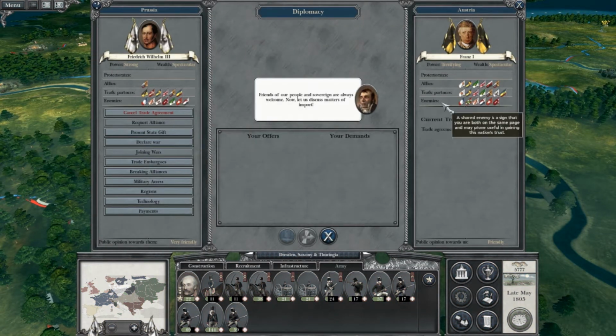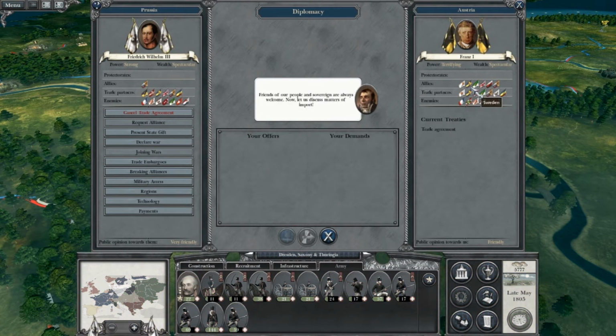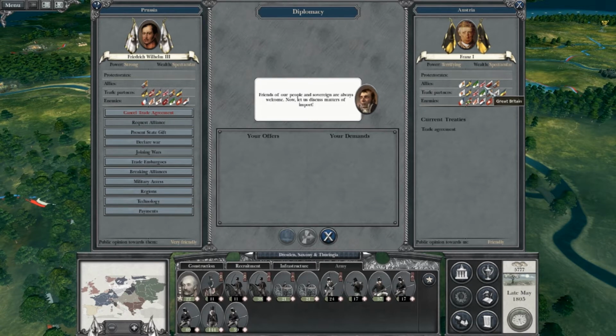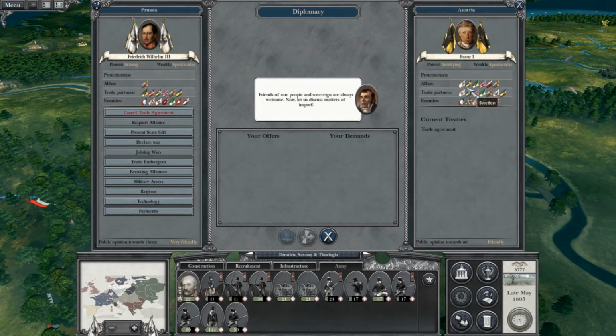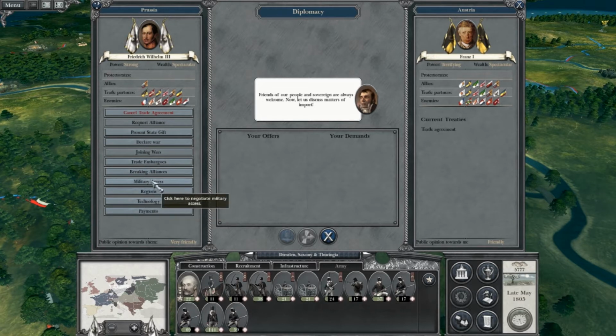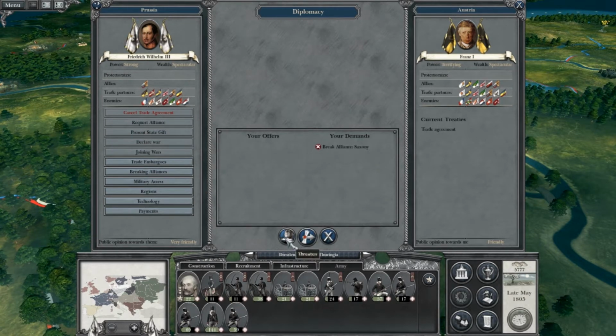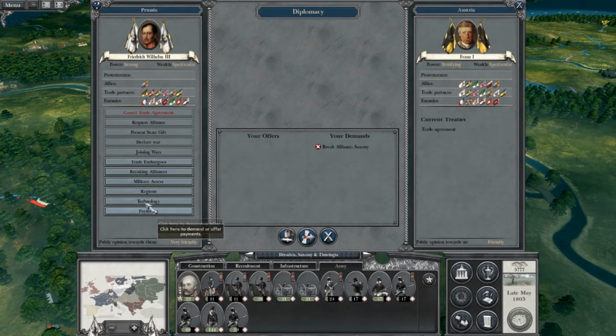I can't because they are allied with... I'm trying to figure it out. Not Britain. Oh, they're allied with Saxony. And there's still that region, technically, of Saxony. Let's see if I can get them to break alliances with Saxony. I'll give them 1,000. Let's see how that...